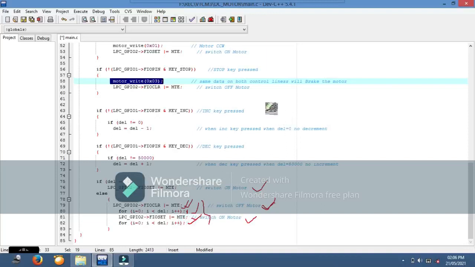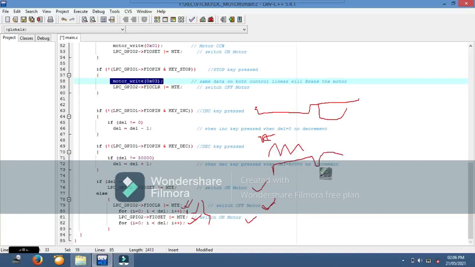So 50 times will be off, 50 times will be on. Initially it is one time off, one time on, like this. Now 50 times means more time on, more time off.